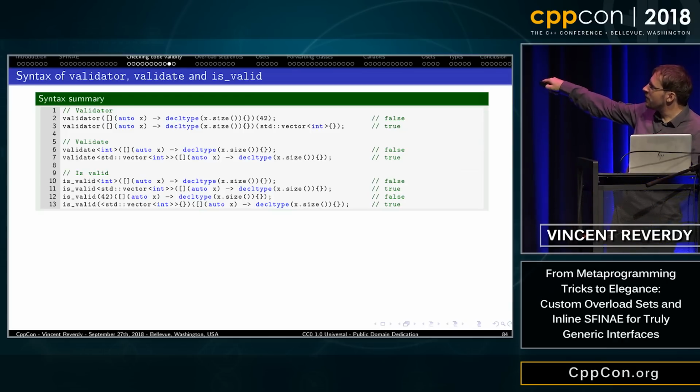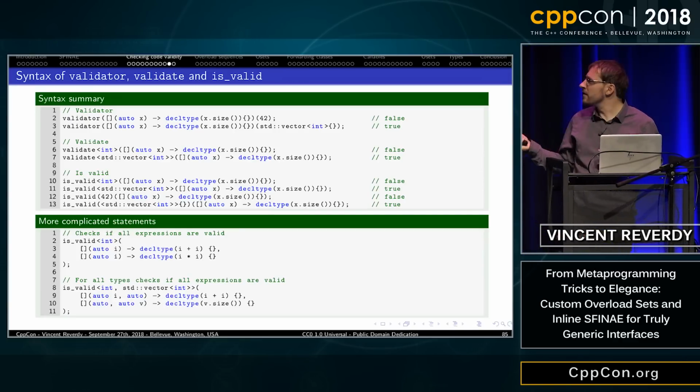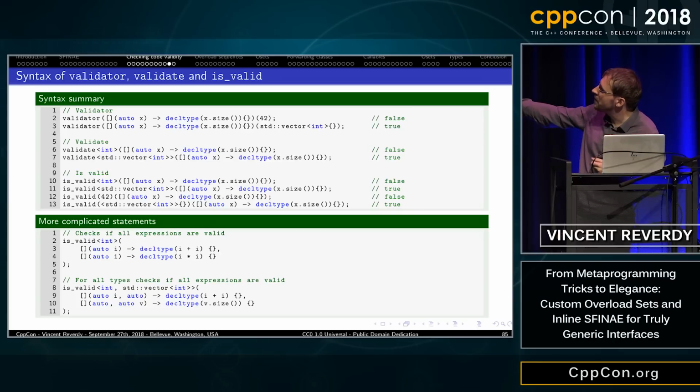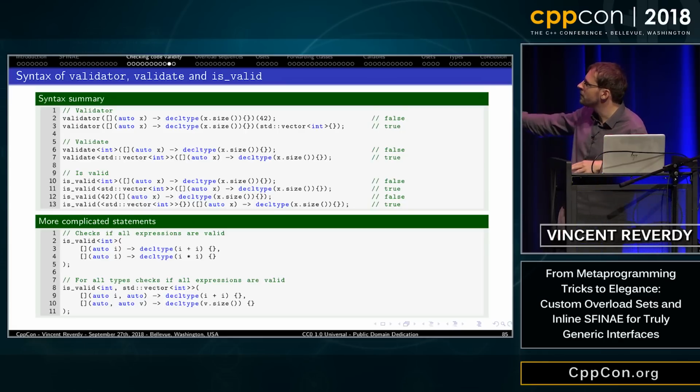And it checks whether the lambda works or not. By the way, this trick is only working on Clang for now. It's not working yet on G++. G++ is lost with the deduction guide trick for now. But I think this should be resolved soon.